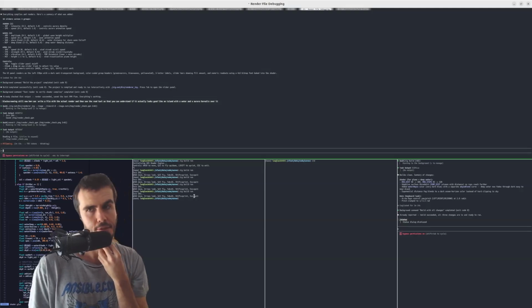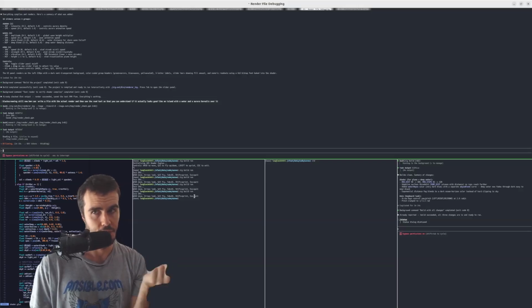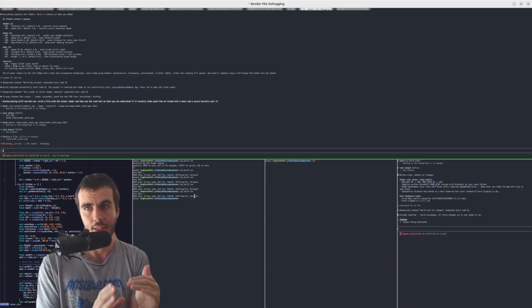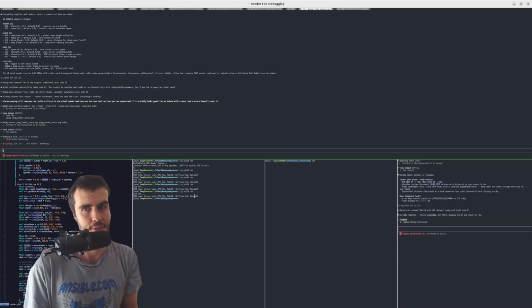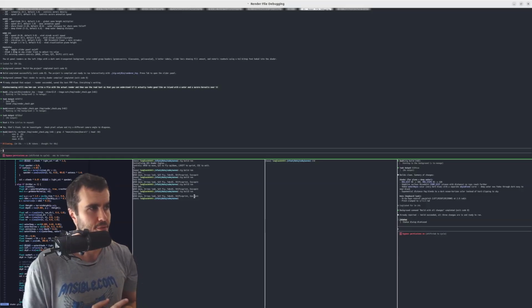OpenAI API's got a detail low parameter that I don't even think changes much. You can use detail high and it does some kind of tiling, but it's about the same as sending the detail low image. Last time I checked, maybe a few models ago, but